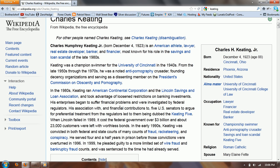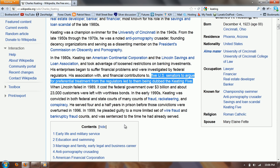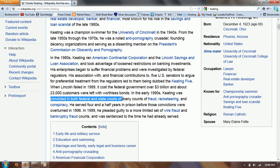His enterprise began to suffer financial problems and were investigated by federal regulators. His association with and financial contributions to 5 U.S. senators to argue for preferential treatment from the regulators led them to being dubbed the Keating Five. When Lincoln failed in 1989, it cost the federal government over $3 billion, and about 23,000 customers were left with worthless bonds. In the early 1990s, Keating was convicted in both federal and state courts of many counts of fraud,